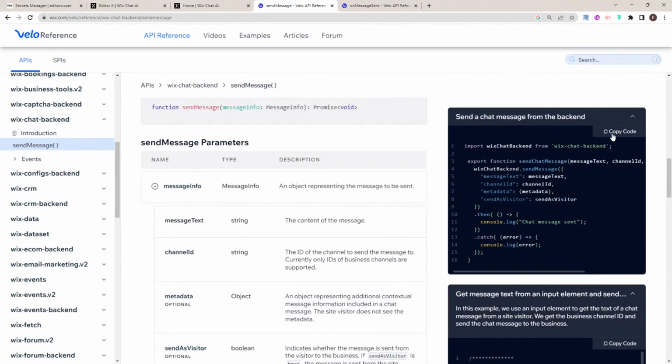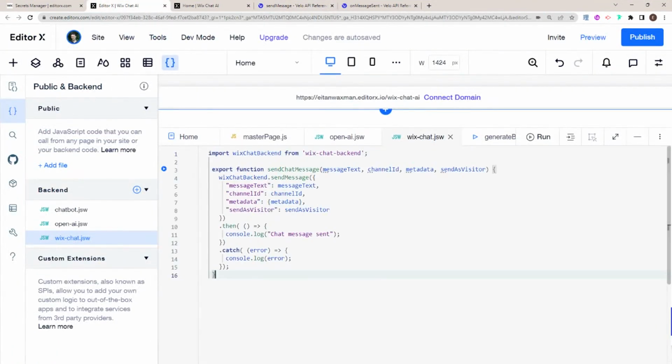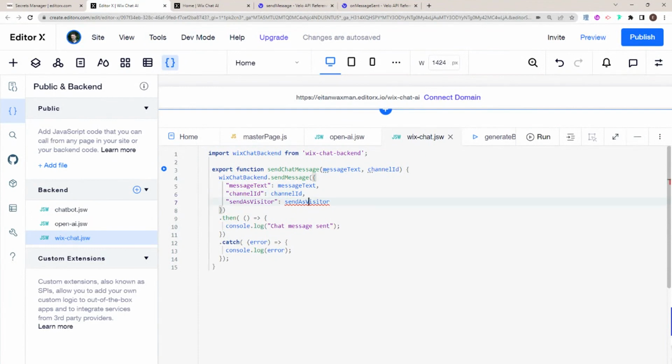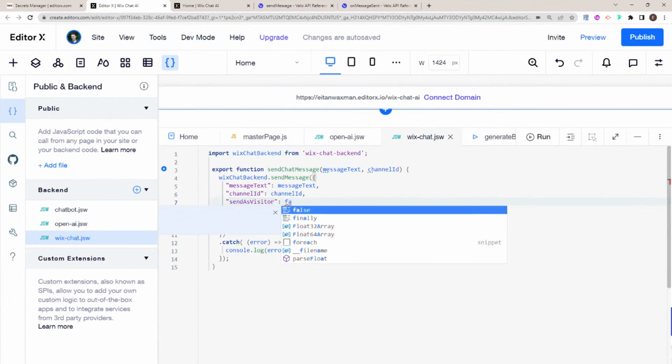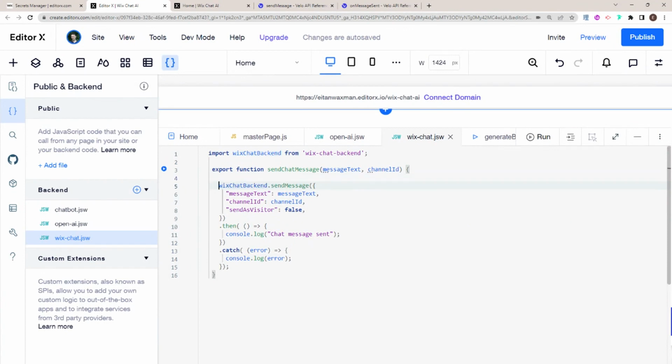So let's copy over this starter code, and I'm going to head here to the back end and put it over here. What I'm going to change is that we don't need send as visitor and metadata to be passed in. I'm not going to be using metadata. And here I'm just going to write this as false because we're sending it as the business. I'm also going to make some changes to make it async await, because that's how I like to write out my code. So I'm going to say export async function